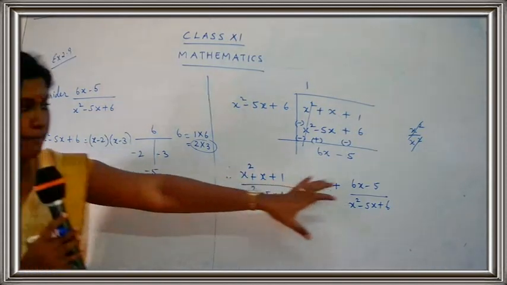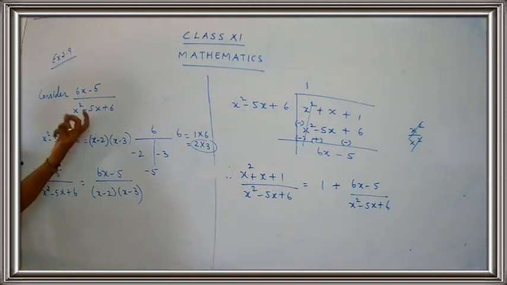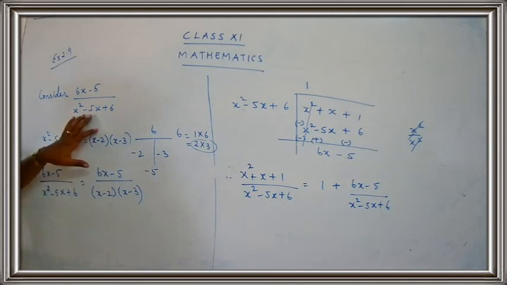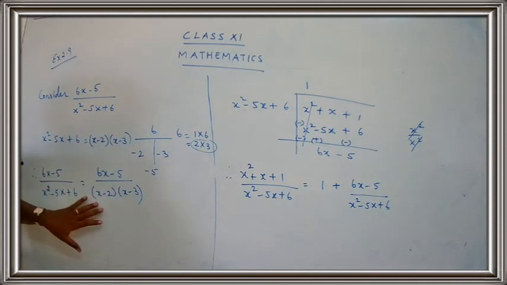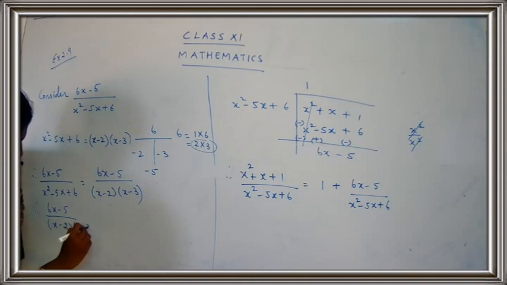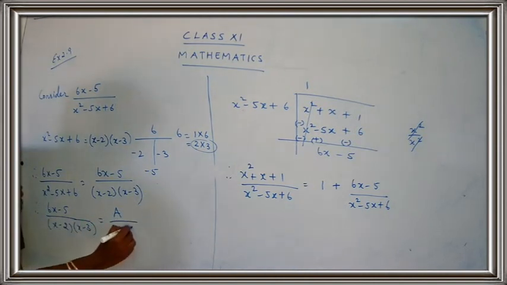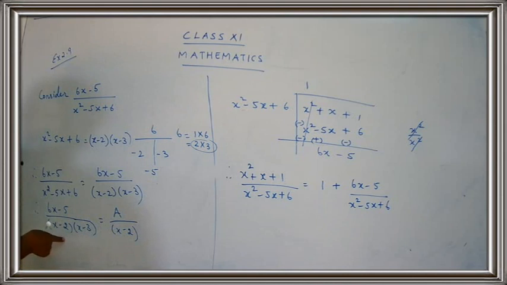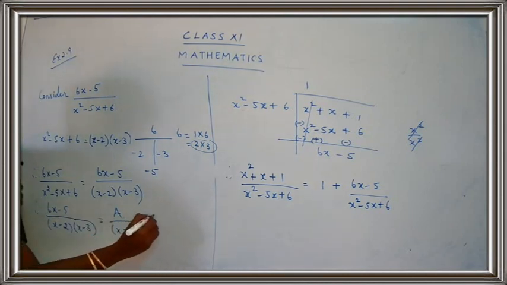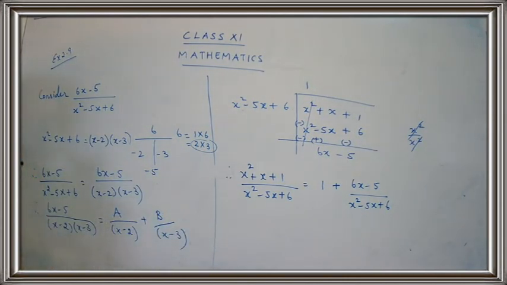Now you have to consider the second part, and I have just taken the second part and I was able to find the factors. So we are factorizing it, and in place of the expression we are writing the factors, that is (x − 2)(x − 3). Now you write, therefore, (6x − 5)/((x − 2)(x − 3)) is equal to, I am just going to give two values because here I have 1x, here I have 1x. So A upon (x − 2). So we are splitting both the denominators, A/(x − 2) + B/(x − 3). So we have arrived at the partial fraction.